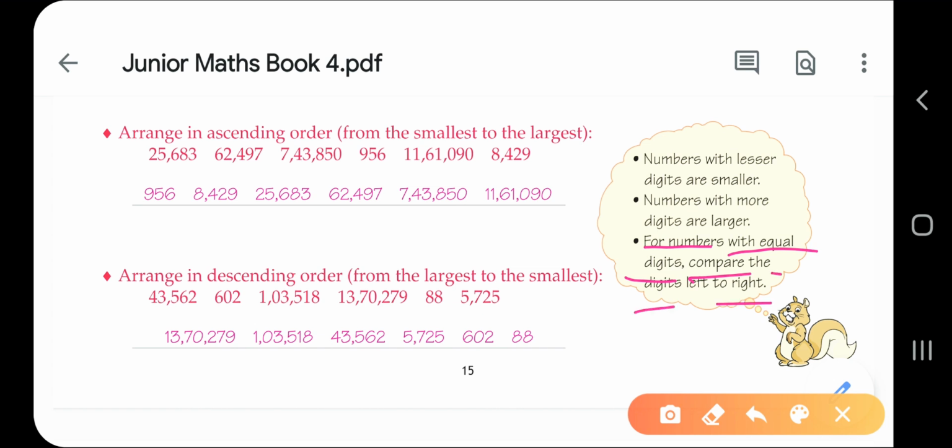Okay, so this statement is saying that for numbers with equal digits